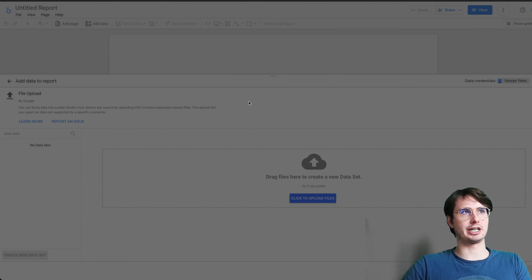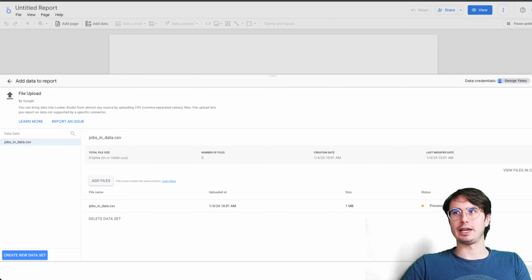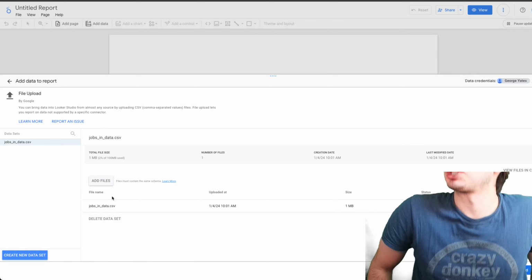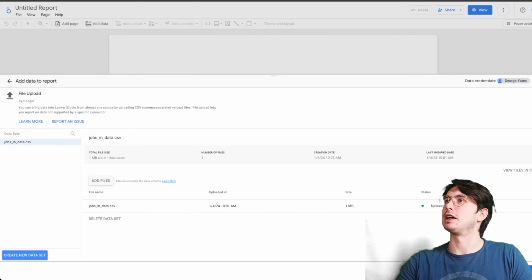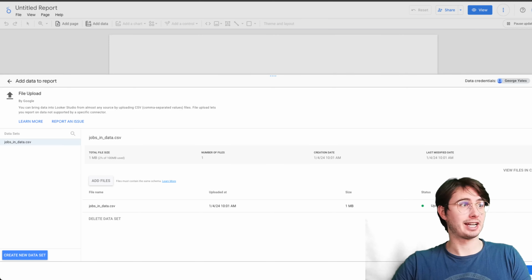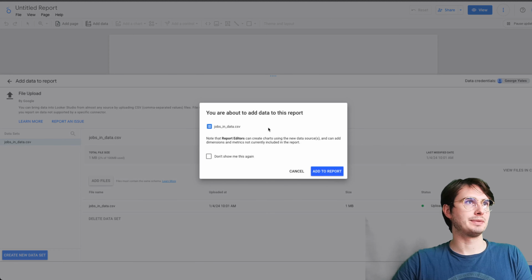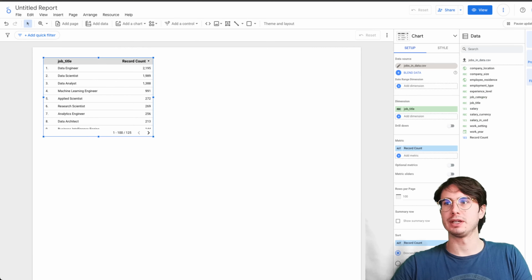And here, what I've actually done is just use a Kaggle dataset called jobs and data. And all this data set is just a set of data that encompasses people's job titles, their salary, their location, their company, everything there. And what we're going to do is actually get into the data and show you. So here, I'll add data to this report, add to this custom report,